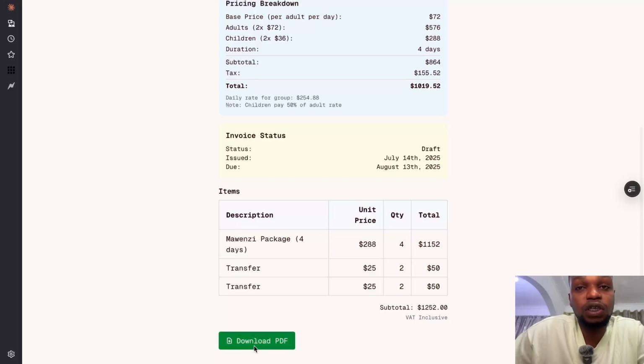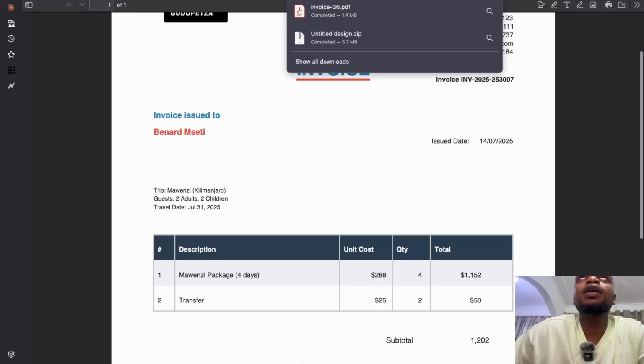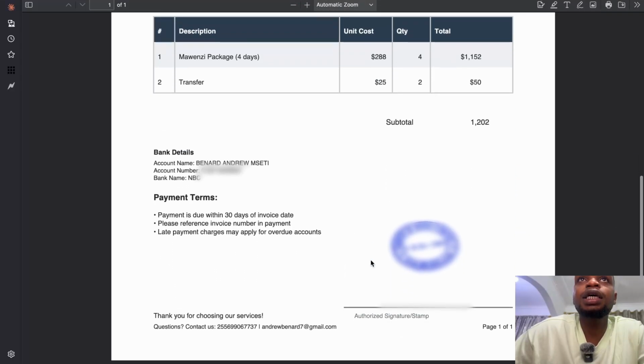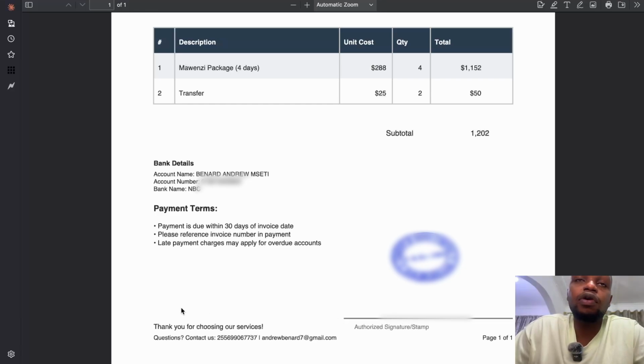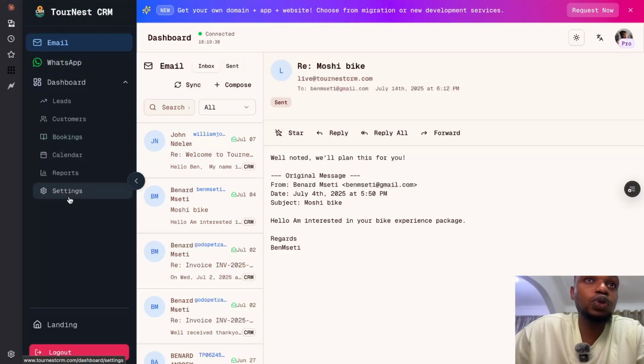After that, the user can decide to download the PDF, or you yourself can download the PDF, and that's it. That's the PDF over there. As you can see, it's pretty clean, has all the information that we need, your bank details, the stamp, and if you want to have a signature, you can also upload that. I'm going to show you guys the place where you can do the upload for your photos. When you go into settings,